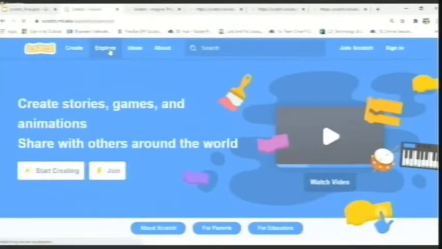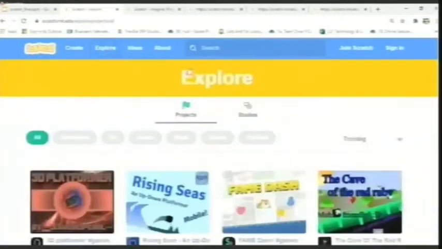Now, when I click on the Explorer, there are more important uses of it. Explorer has almost 48 million projects uploaded onto the portal, because Scratch is used almost worldwide by most people around the world. To be very precise, there are 51 million people who have registered and been constantly using projects on Scratch. All the projects uploaded by all those people are accessible on Explorer.